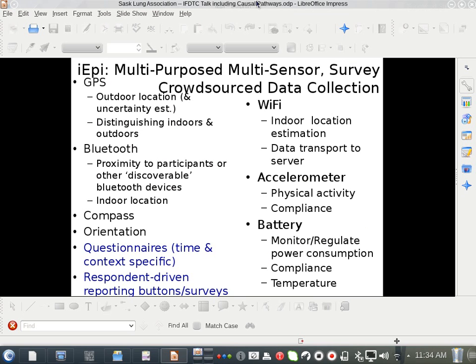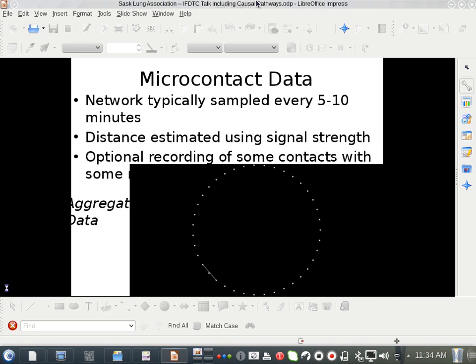Now, this system is designed to be extremely flexible, to be reconfigured with minimal programming. There's a little bit for changing the interface, but in terms of changing the questions or how frequently they're offered, or what data you collect and how frequently you collect it, all of that can be reconfigured on the fly during a study if required using the smartphone.